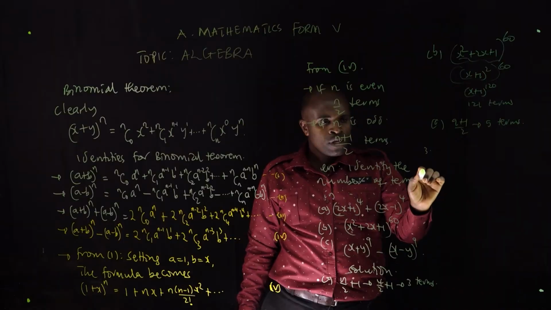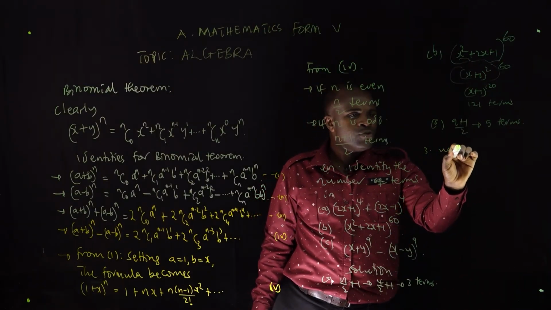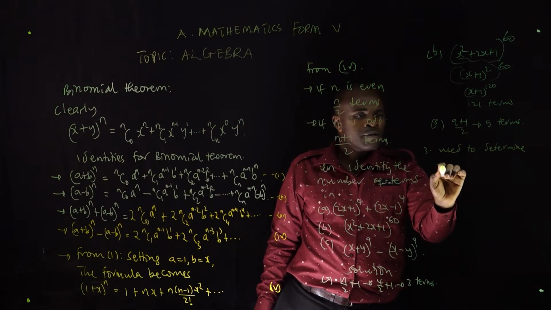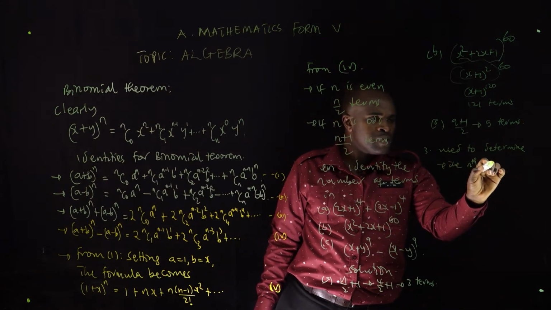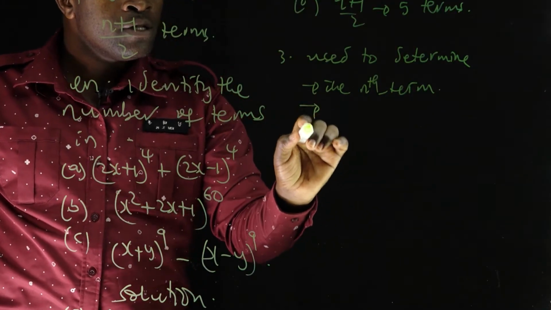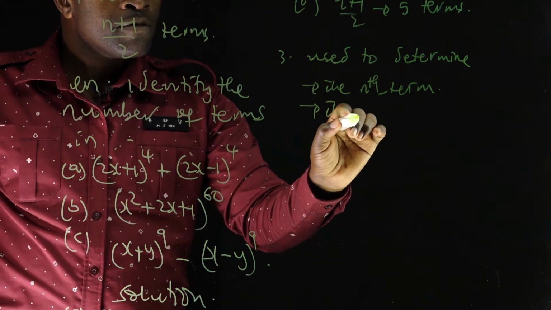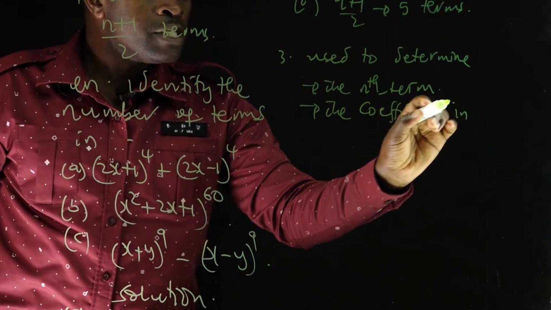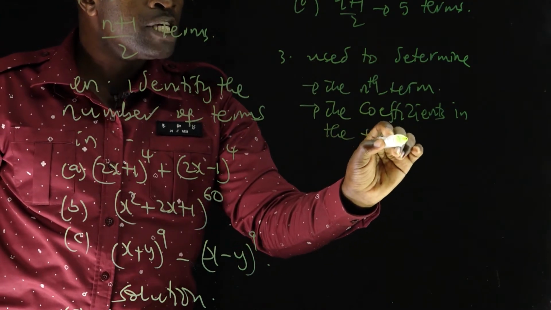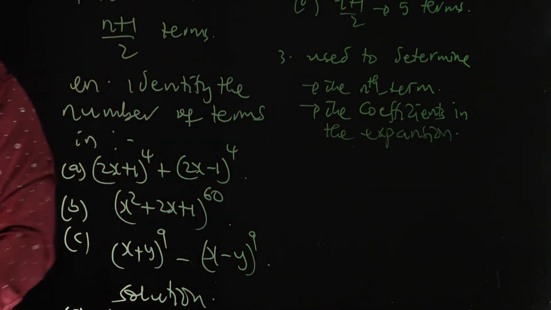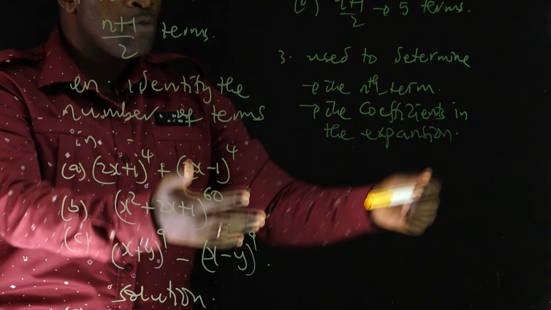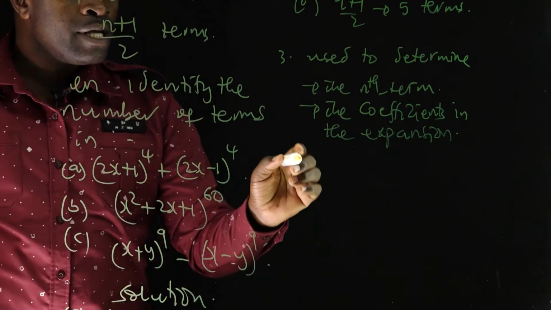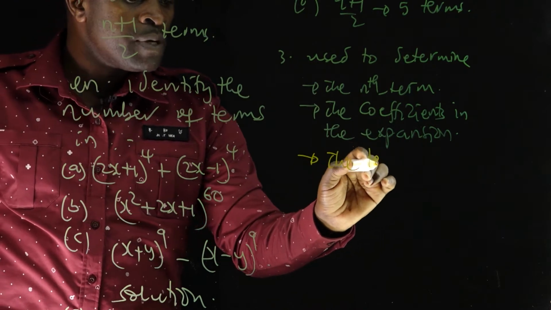Another application, which is now 3, we say use it to determine the nth term in the expansion, also called the general formula, used to determine the coefficients in the expansion. You can know the coefficient of a certain term in a given expansion. We can also have the nth term or the rth term. The rth term can be counted from the end or from the beginning of the expansion, and used also to determine the term independent